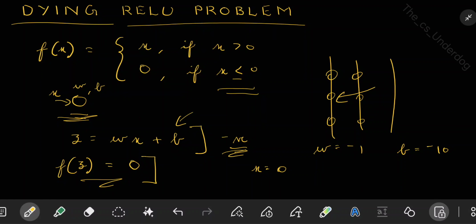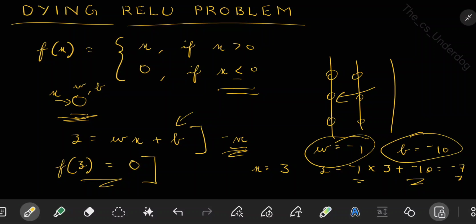Then your z is equal to wx plus v. Your z is equal to w into 0 plus minus 10, which will give you minus 10. This is a negative output. Even if you give a positive input, let us say instead of 0, you gave x equal to 3, still it will be minus 1 into 3 plus minus 10, which will be minus 7, which is still a negative input. So like this, when your weights and bias get manipulated wrongly because of some wrong updates on weights and bias,